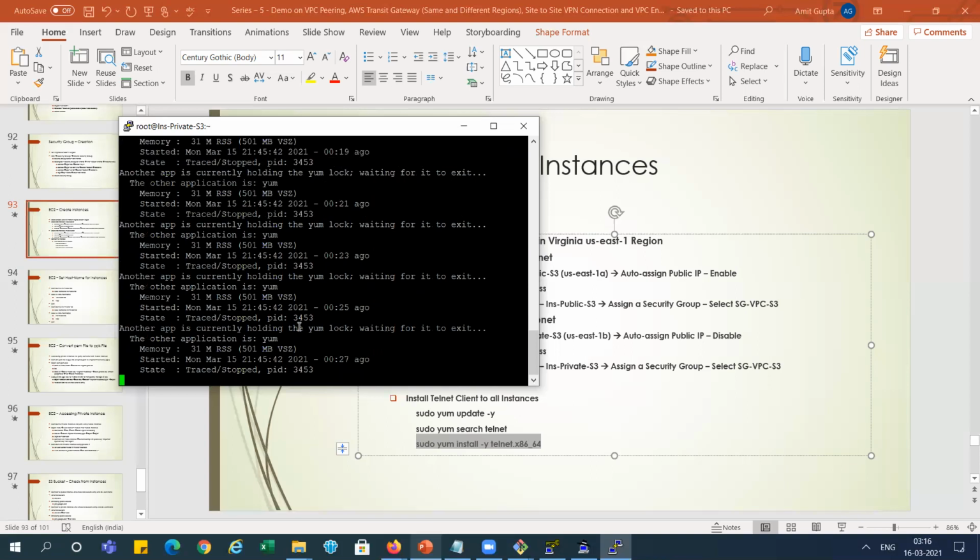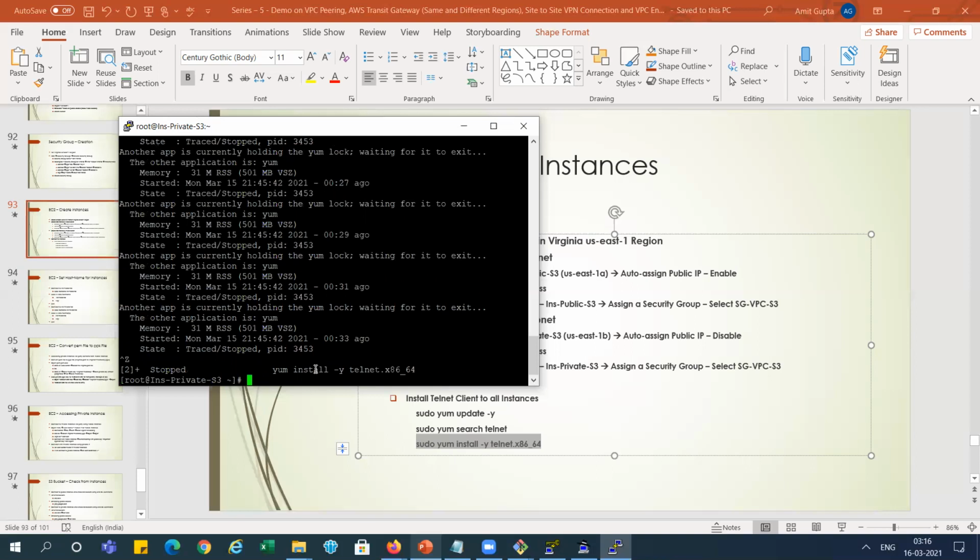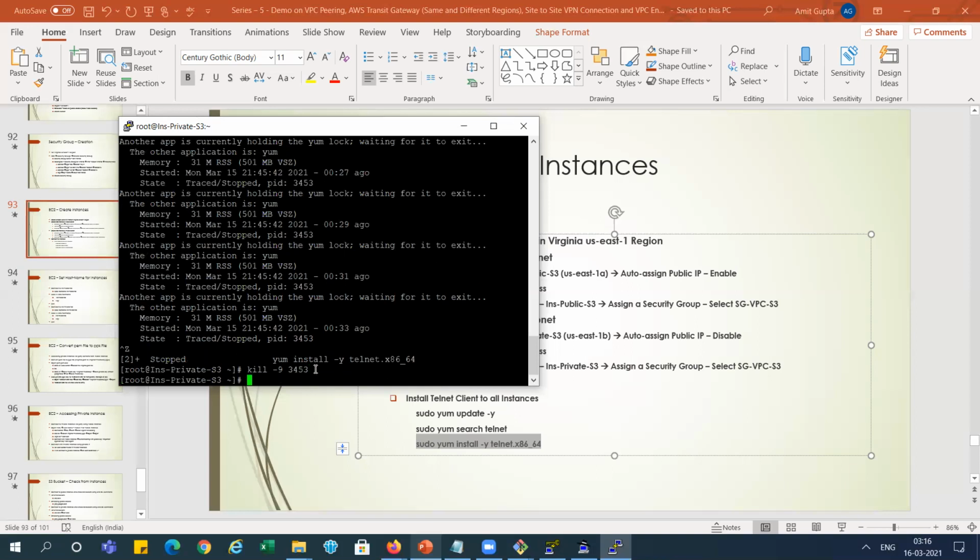It is showing a lock, right? The yum command is locked by PID 3453. So let me do it. I'm killing it. Sorry, kill minus 9 3453, right? Some issue I'm facing from the last few days with AWS. Save it.